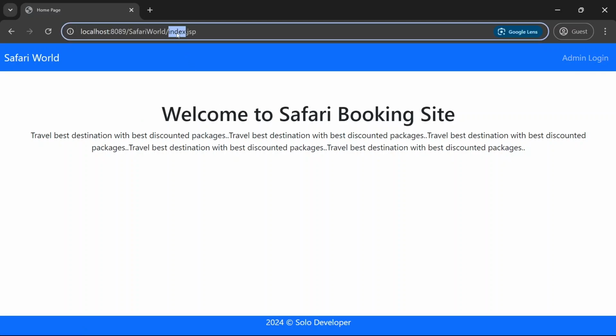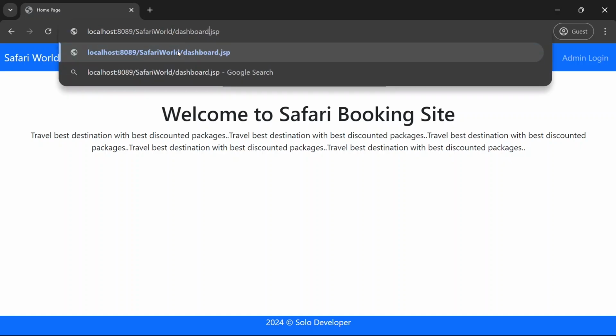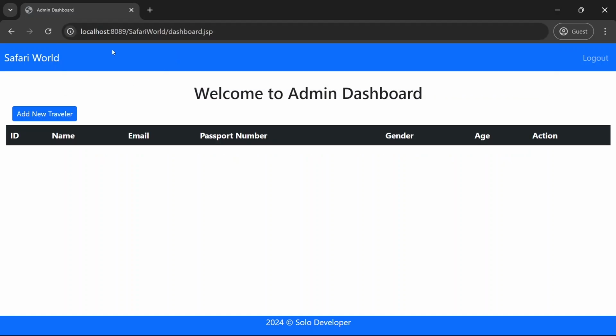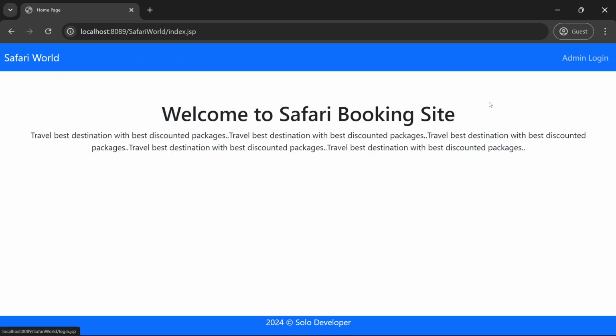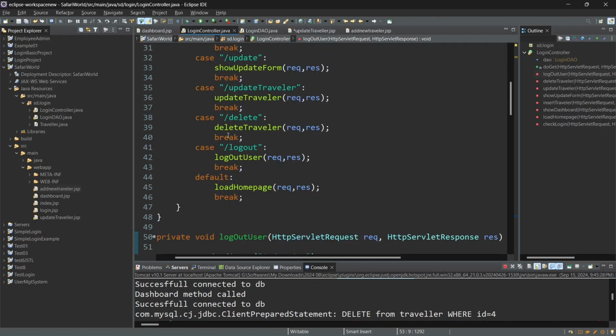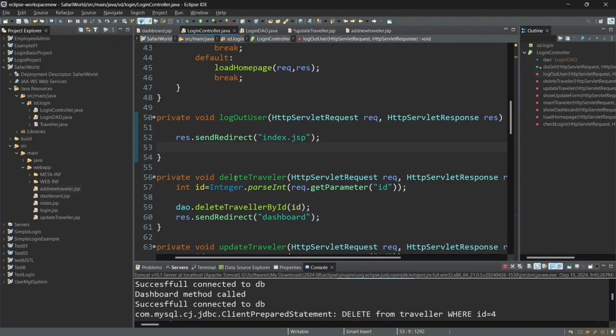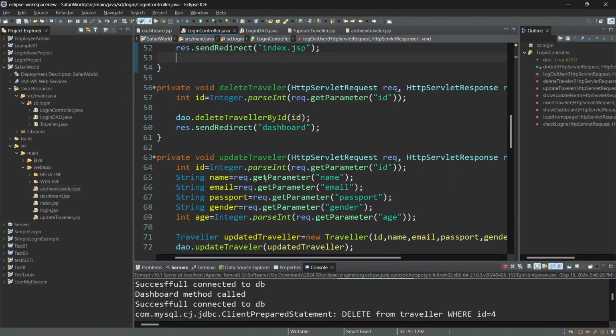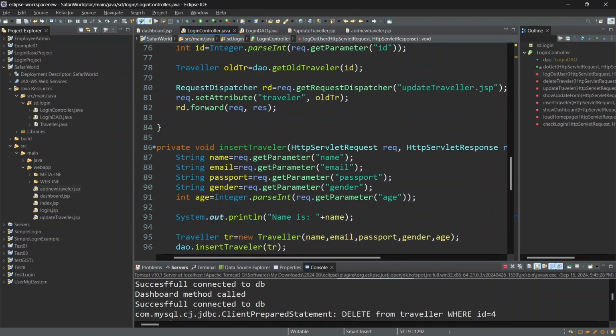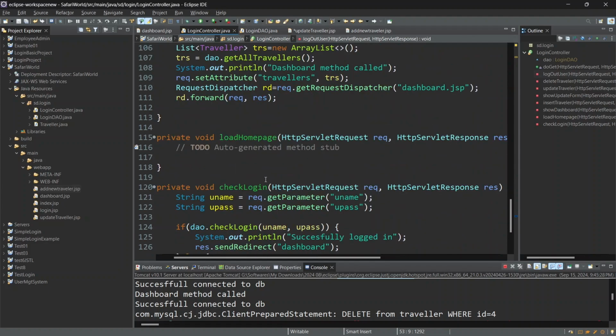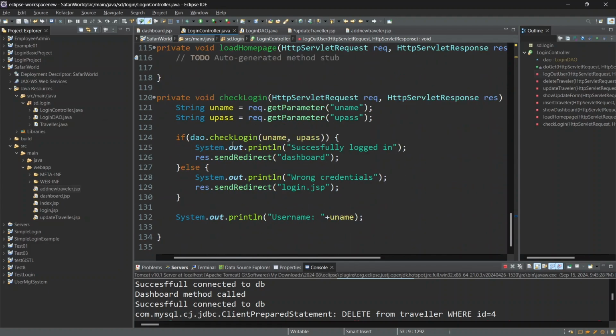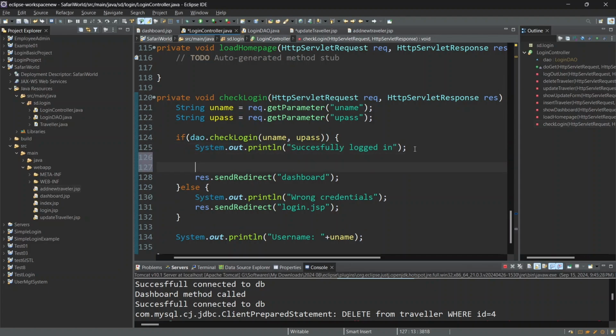So now I haven't logged in, but here in the URL I'm going to type dashboard and press enter. I have bypassed this login, right? We need to prevent this one. To prevent this, we are using a session. So when you log in, on successful login, we can create a session variable. We have the successful login method, that means the check login method. On successful login, I am going to create a session variable